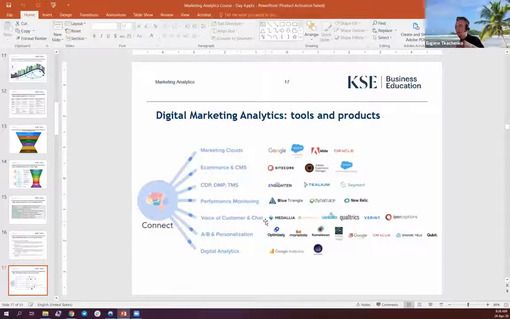When we are talking about voice of customer, I believe many of you have heard about sentiment analysis or natural language processing. That group of products will help you capture that information. If you look at the major websites, very often you have a pop-up window saying, rate your experience today from a scale of 1 to 5, as well as share your experience by typing some comments.